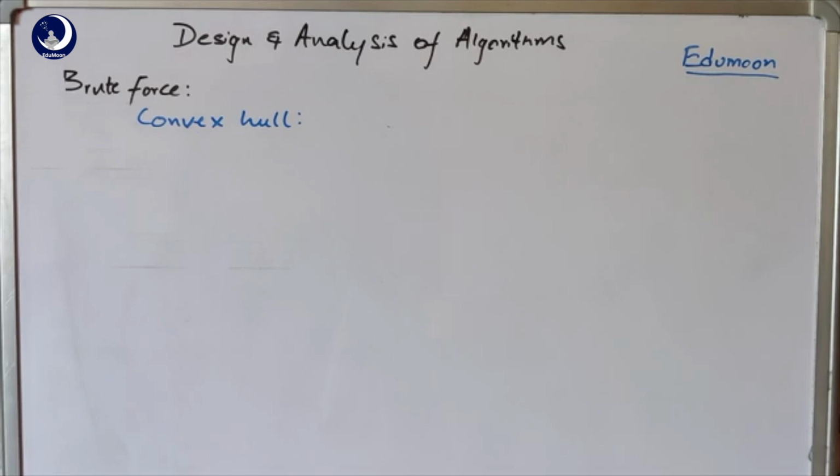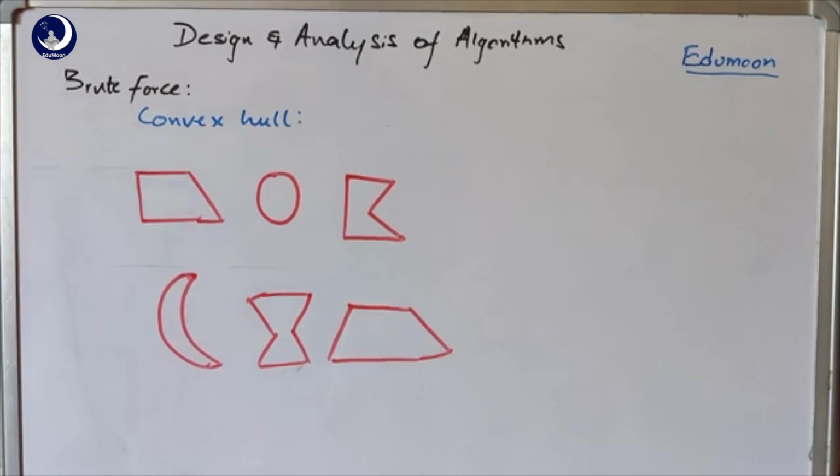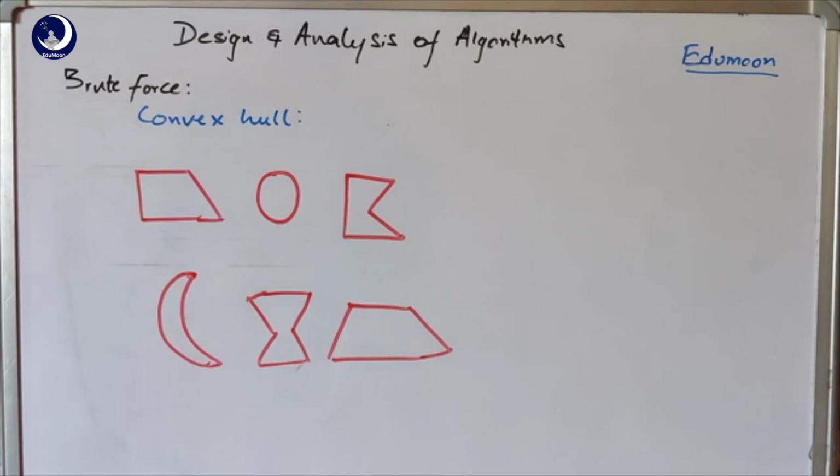When different shapes are given, how do we determine whether a shape is convex or concave? Taking the following examples, let us discuss which shapes are convex and which are not. A convex shape is a shape in which, if you take any two arbitrary points, the line joining those points again belongs to the same shape. Those shapes are called convex shapes.